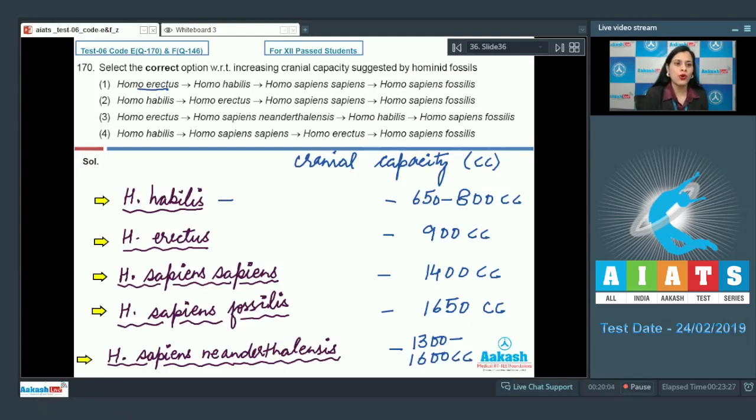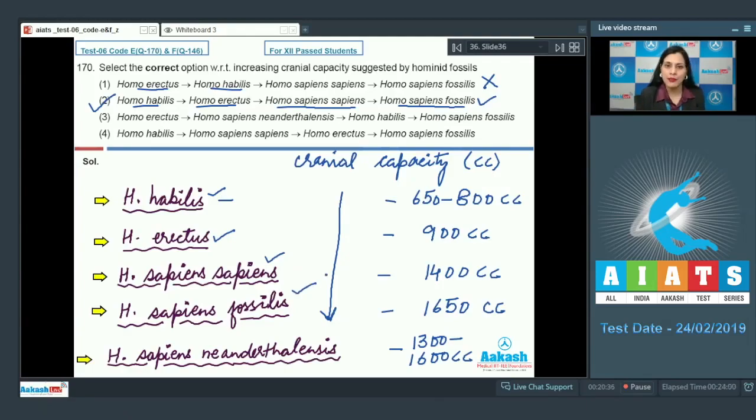The very first option, Homo erectus followed by Homo habilis, is an incorrect option because in increasing order, Homo habilis is followed by Homo erectus. The next option is Homo habilis, Homo erectus, Homo sapiens sapiens, Homo sapiens fossilis. As it is the correct order, this is the correct answer to our question, because as you can see here in this increasing order of cranial capacity, Homo habilis followed by Homo erectus, Homo sapiens sapiens and Homo sapiens fossilis